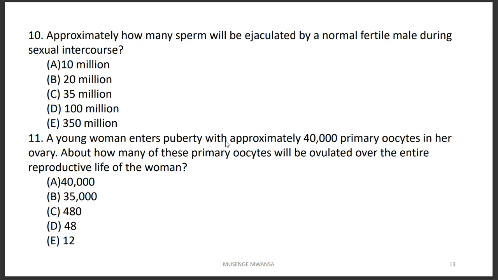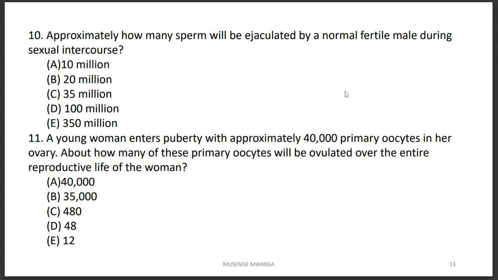A young woman enters puberty with approximately 40,000 primary oocytes in her ovary. About how many of these primary oocytes will be ovulated over the entire reproductive life of the woman? We already said that by the time a girl is reaching puberty, she has 40,000. Now, if we do a calculation, each month about 15 to 20 primary oocytes are being released. So let's say 15 have been released,